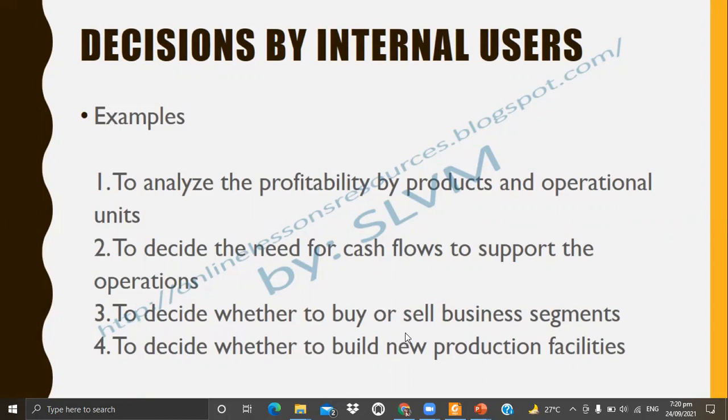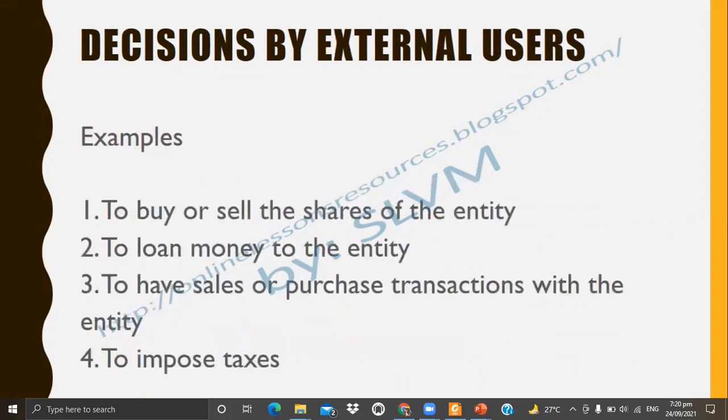To decide whether to build new production facilities, yan, kung mag-expand, no? Or bibili pa ba kayo ng another equipments? Yan. Or i-improve nyo yung equipments na meron kayo. Or pwede rin namang mag-switch kayo to mas high-tech na equipment, no?